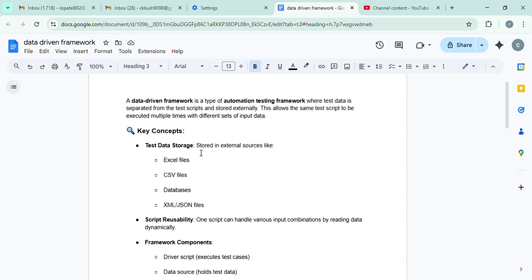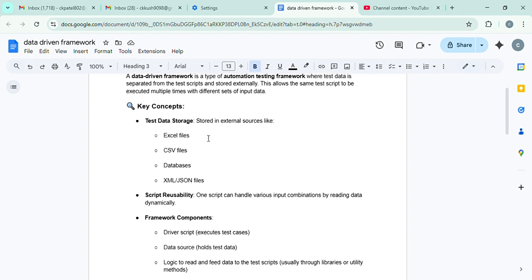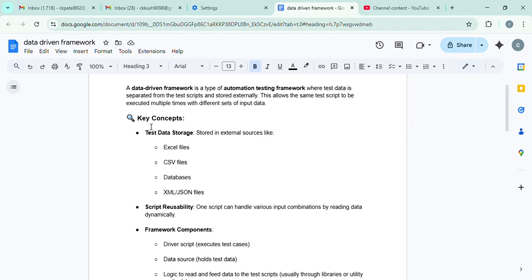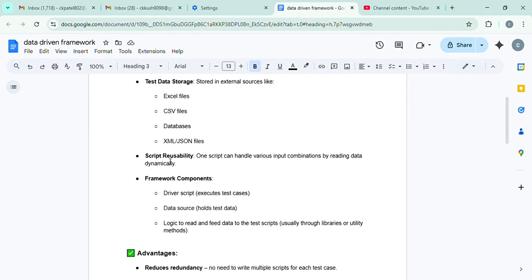So I am just explaining the key components or key concepts of the data-driven framework. First, test data storage: data is stored in external sources like an Excel file, CSV file, database, XML or JSON file. Then script reusability: one script can handle various input combinations by reading data dynamically with the help of test data